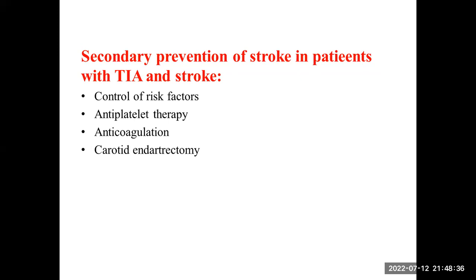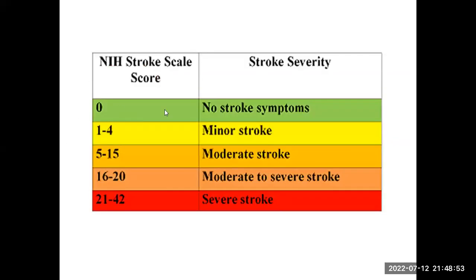According to the studies, the group of patients who can be candidates for this strategy include patients with TIA with an ABCD score of 4 or more. We know that there is a scoring system in TIA called the ABCD2 score. If you have a patient with TIA with a score of 4 or more, or a patient with ischemic stroke, a minor stroke according to the NIH stroke scale, 1 to 4,